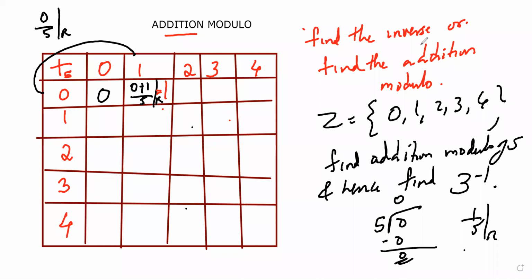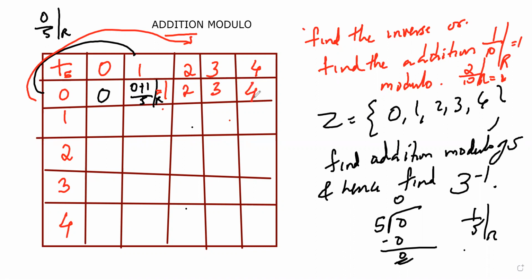For you to understand first, fill the table. Next one. 0 plus 2 by 5 remainder I have to do. So already I taught you one thing. What is 1 by 10 if it is a remainder? 1 itself. If it is 2 by 10, remainder is what? 2 itself. So 2 by 5 remainder is what? 2 itself. The smaller number will come here. And this will be 3 and this will be 4 respectively.